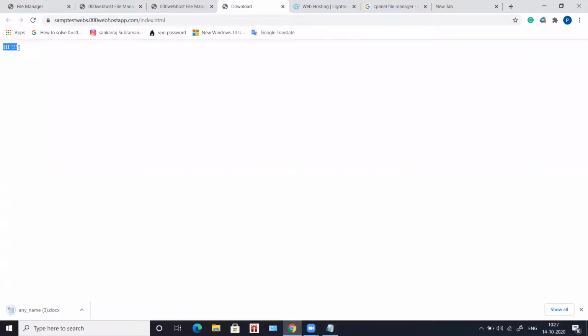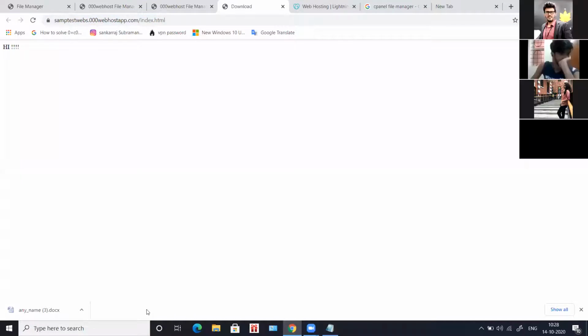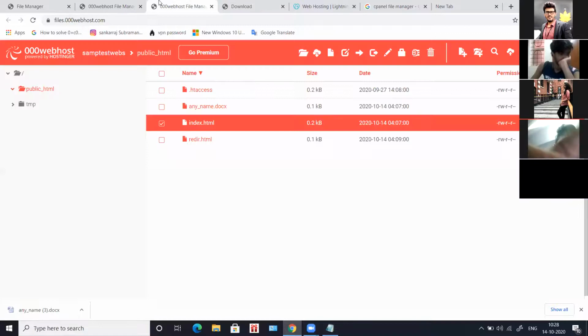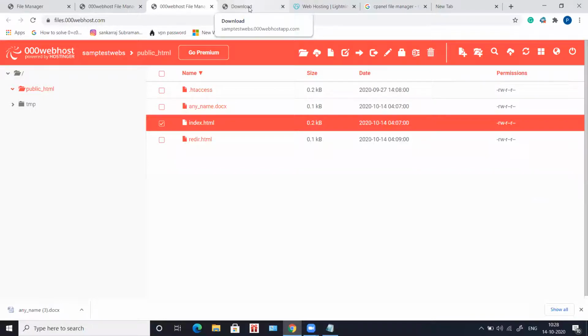It is showing me a hi message, because I've given a simple hi inside my code. But see here, a file got automatically downloaded. I didn't click on anything. I just loaded this URL, and automatically a document got downloaded. So this is called automatic download, and it is very simple. With an HTML script like this, with 5 lines of code, you can actually perform this.